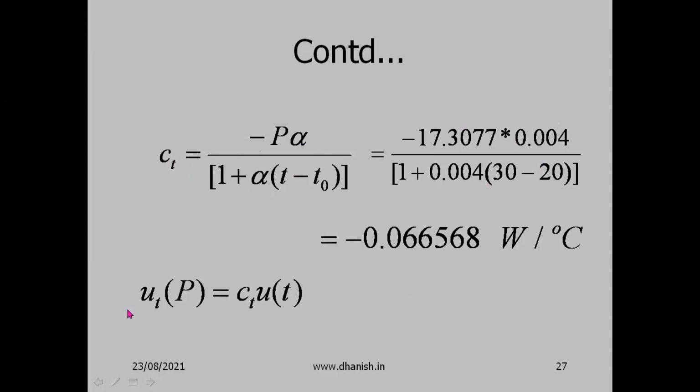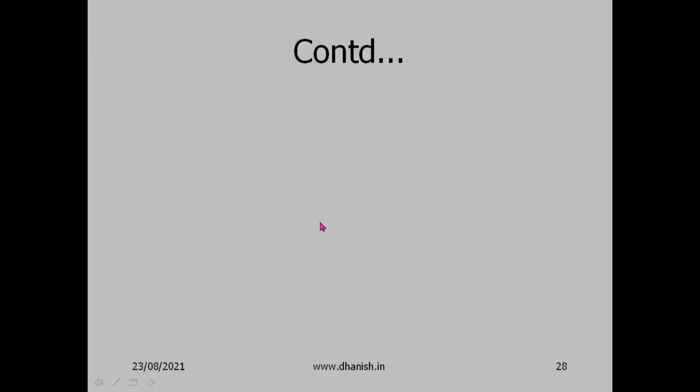The standard uncertainty of power due to temperature is Ct into the standard uncertainty of temperature. Okay, the substitution is not shown here. That is a problem with EduServer, so you can't see the steps. If your final answer is correct, you'll get full marks, otherwise you'll get 0. So please be careful. It is all or nothing.